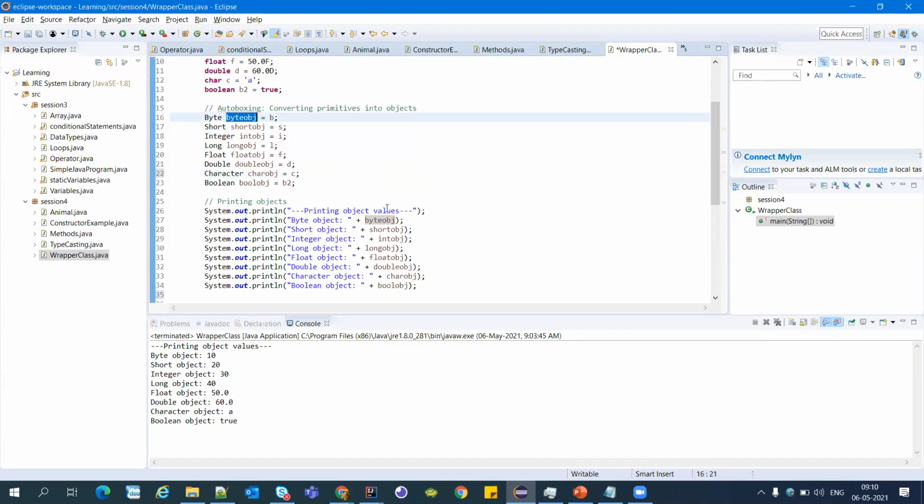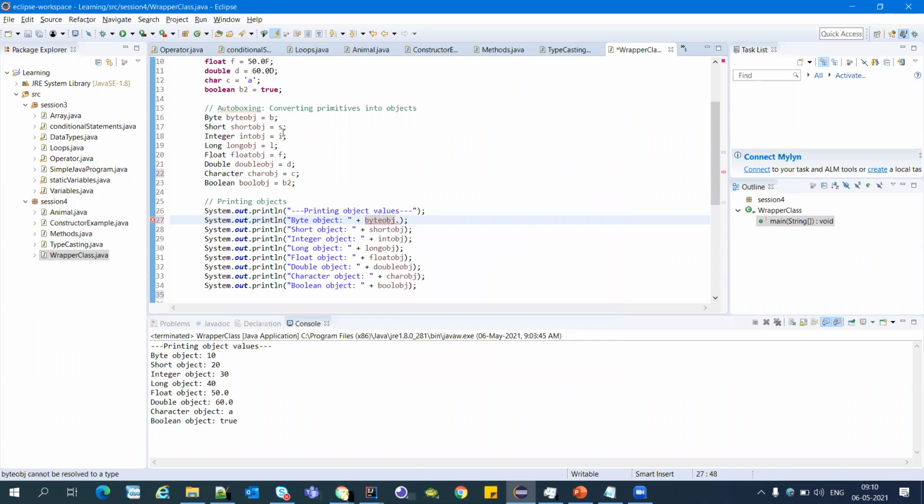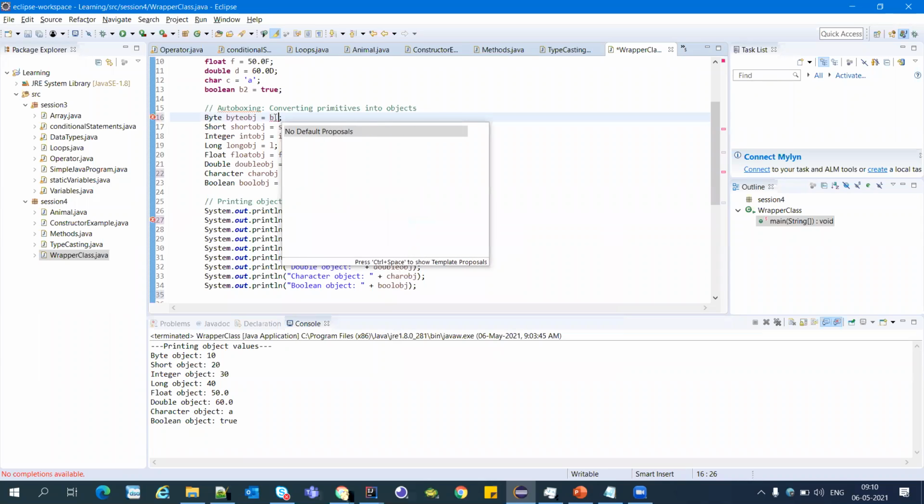It has methods, as I have shown. At lines 16 and 17, byte is actually a class; whichever word starts with a capital letter is a class. We have created the object of that, the byte object, and that's why it is showing these methods for this object. But for this B, we will not see any kind of method because it is a primitive data type.